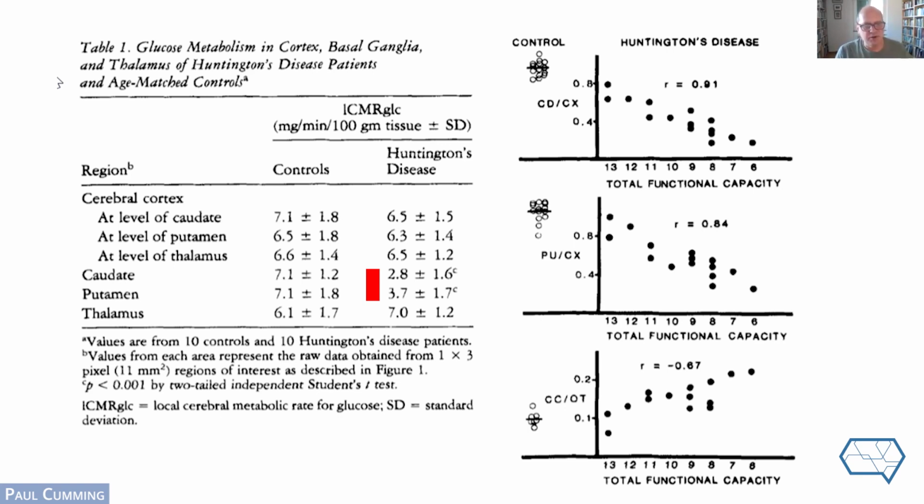And using the technology that was available in the 1980s, they weren't able to detect any changes in FDG glucose metabolism outside of the caudate and putamen. But PET scanners today are much, much better and more sensitive. And I have no doubt that an investigation using modern instrumentation would reveal a more complex pattern of metabolic fallout in Huntington's. Next slide.